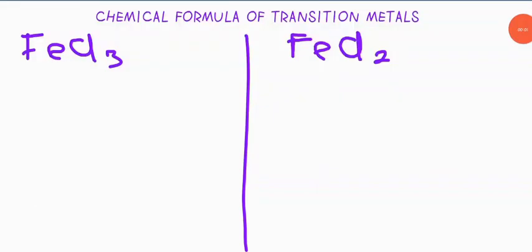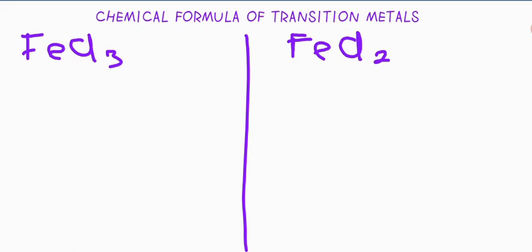In this video, we're going to talk about the chemical formula of a transition metal and how to name a transition metal. Now, a good student of chemistry knows that a transition metal possesses variable oxidation states. So, for chemistry students who have the basic idea of normal naming of compounds, it's not enough to be able to tell, okay, this is the chemical formula of such a compound. Now, you have to